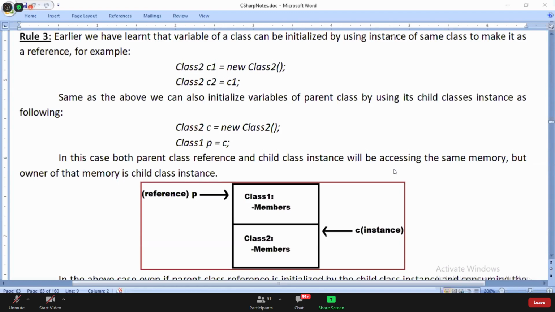Is that clear, everyone? Now P is consuming the memory of C, right? Then who is the owner of this memory?